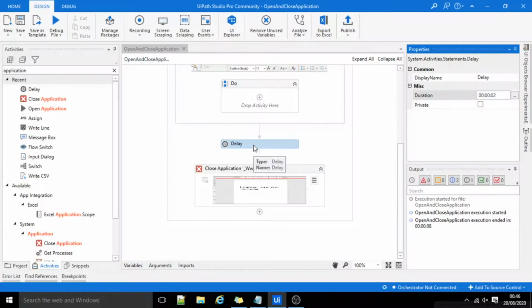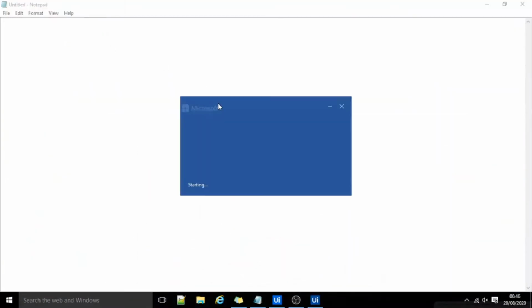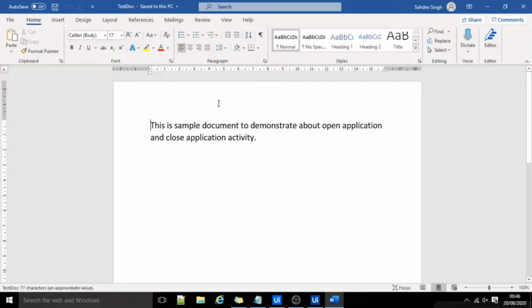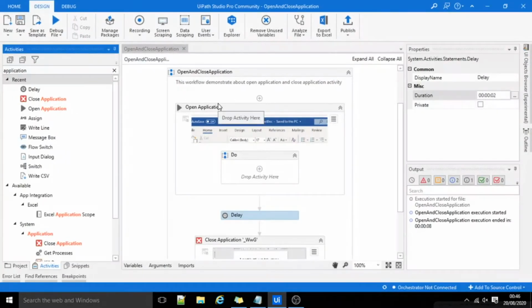I'll discuss more about this delay activity in my upcoming tutorials. Now I'll execute this. It has opened. Now it will wait for 2 seconds and close. So this is how the open application and close application activities work.